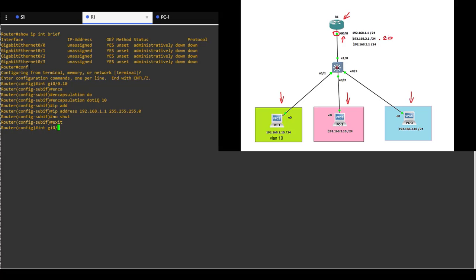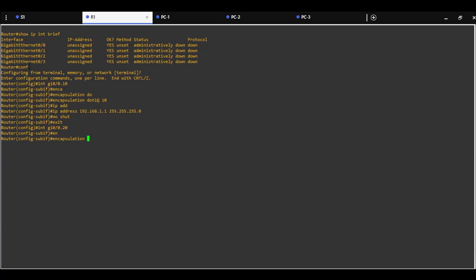Now we are going to create second subinterface, interface gigabit 0/0.20, encapsulation dot1q tag 20, IP address 192.168.2.1 and subnet mask 255.255.255.0. No shutdown command,